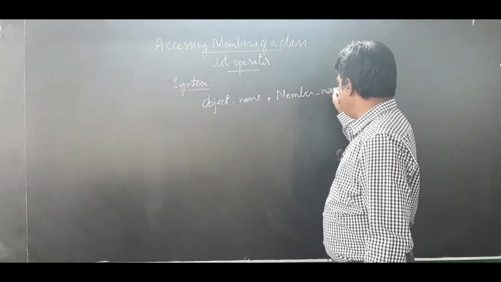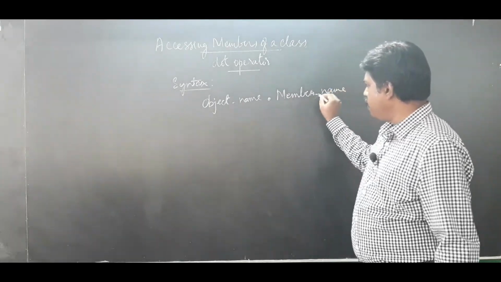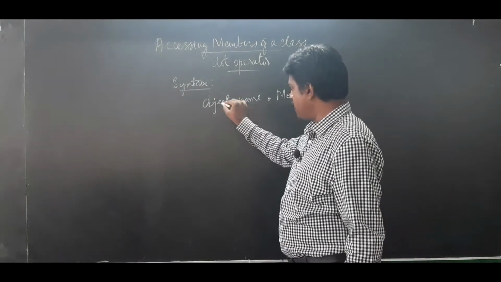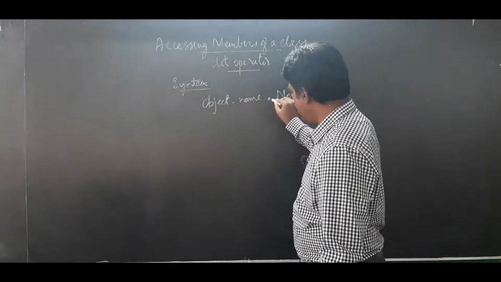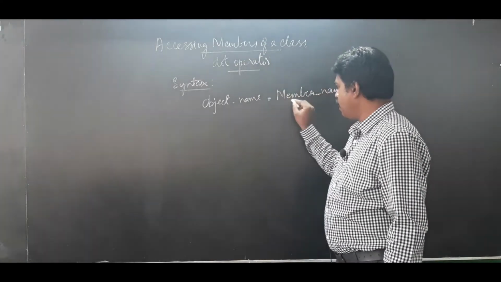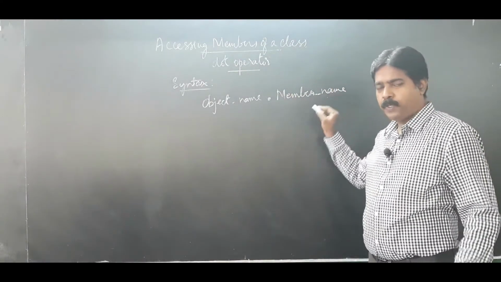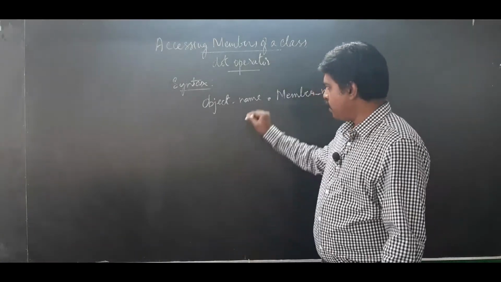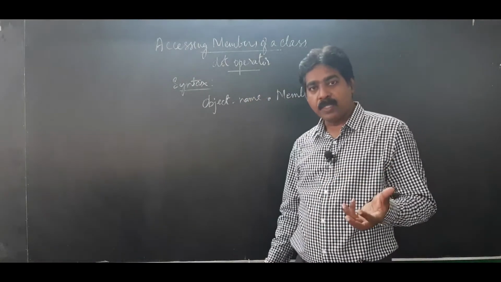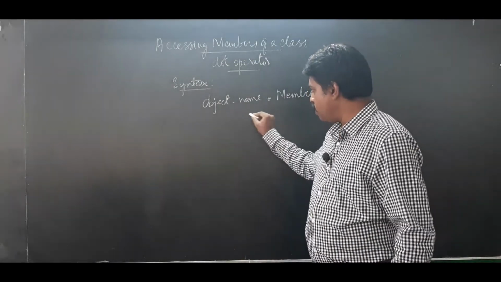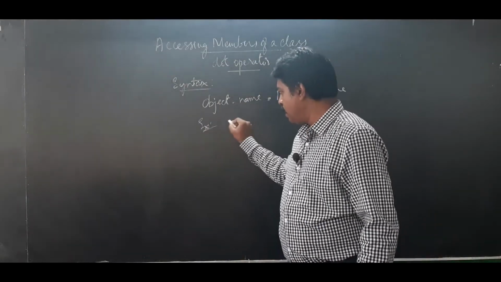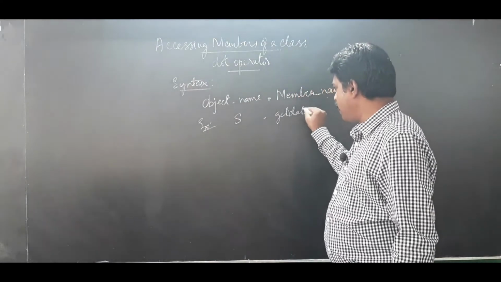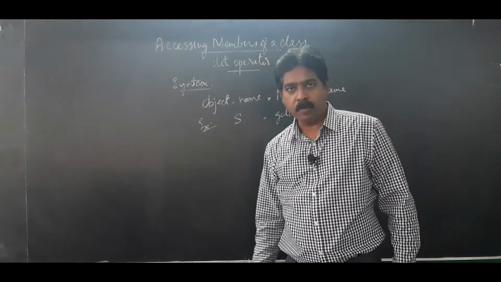This member name could be either a member function or a data member. So the object name that we use, as well as the dot operator for accessing, and then member underscore name. If you go through the examples, especially in void main, we have used it like this. For example, for simple interest, we have said S dot, example I'm giving here, S dot get data. So this could be an example. Hope you are able to understand this.